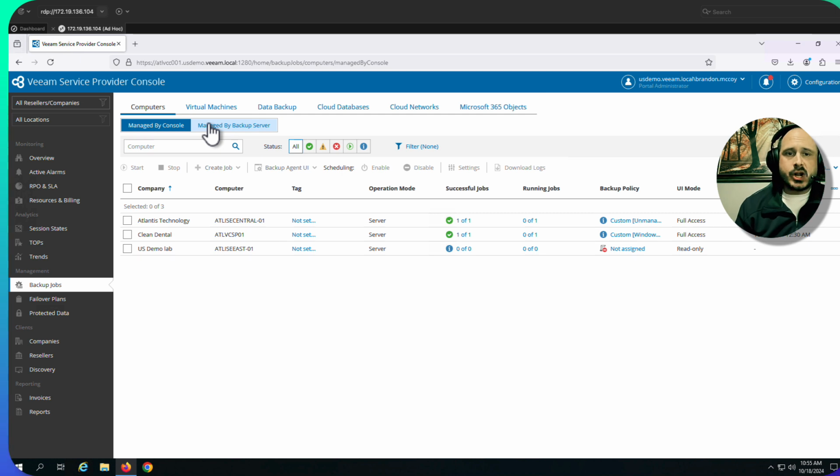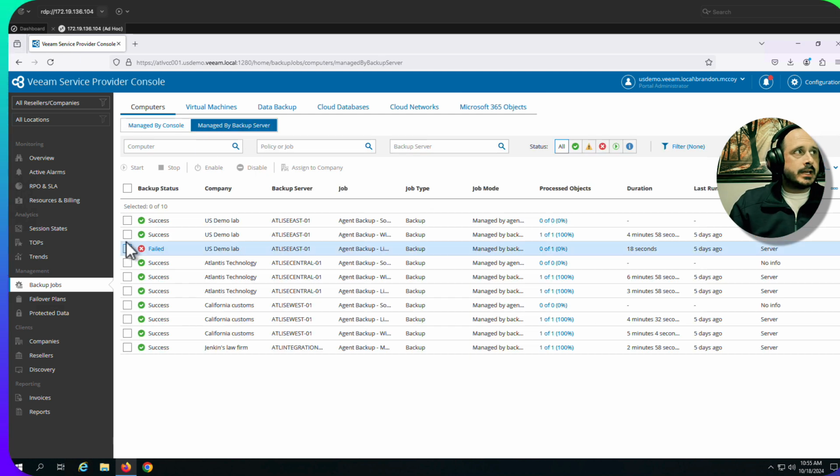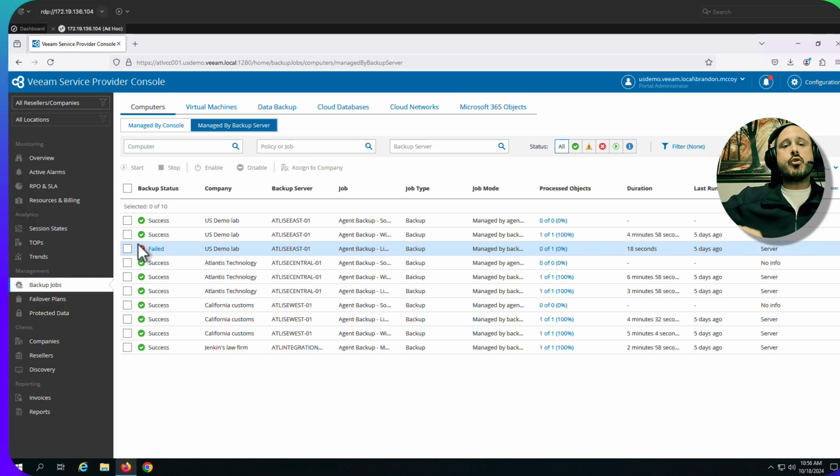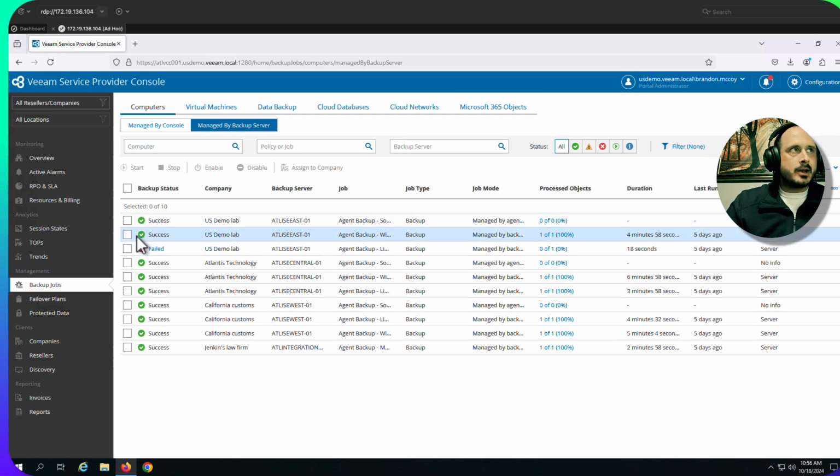Now, if you have backup and replication on-prem, I've got my agents that are managed by a backup server. Those need to be managed by the backup server. As a matter of fact, for all remote Veeam backup and replication, the management of jobs needs to be done from that Veeam server. The only thing I can do here is start, stop. So that goes for agents managed by the console,